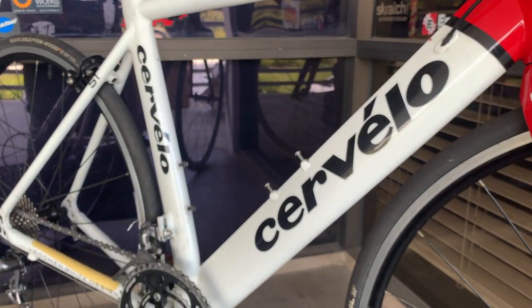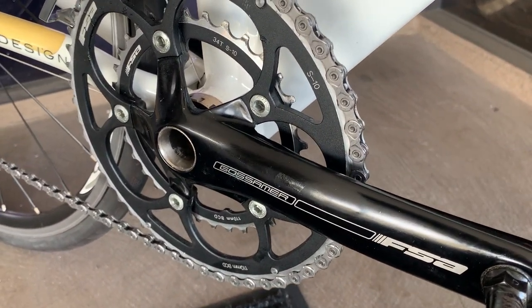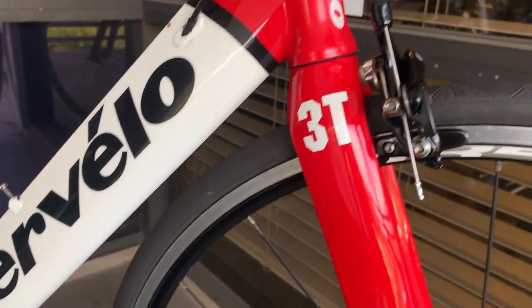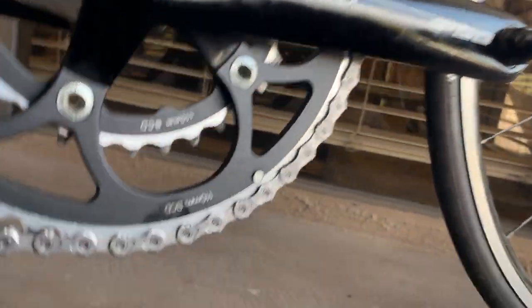So this particular bike, the beautiful stuff still, at the time, has a threaded bottom bracket. It has semi-internal cable routing. In other words, it goes through the down tube, but still comes out at the bottom bracket underneath here. And it is the tiniest of holes, by the way. And it's hard for me to get up underneath there, but